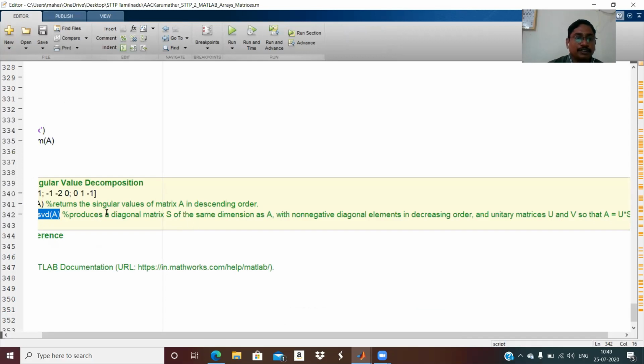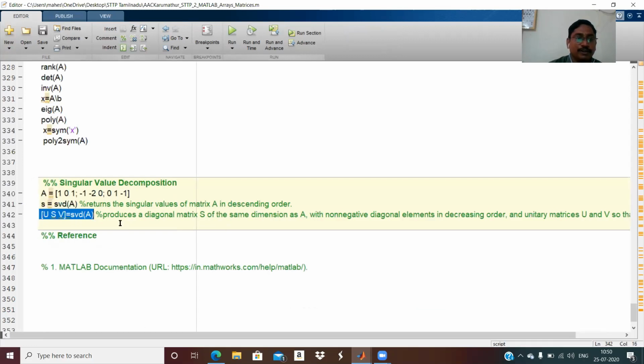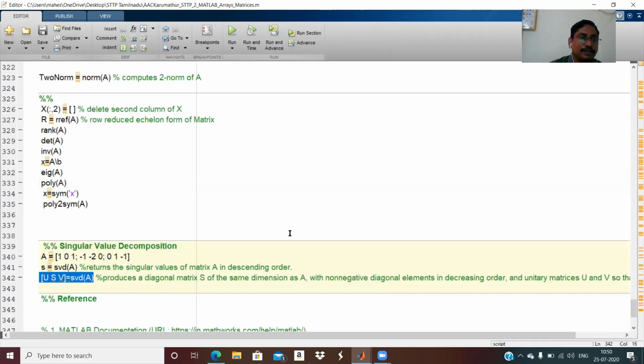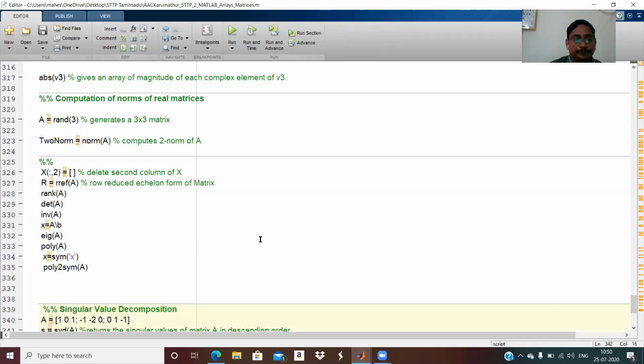Singular value decomposition is used in physics as well as in mathematics research of numerical linear algebra. One needs to decompose this matrix A into U S V, where U and V are unitary matrices and S is the diagonal matrix. One can find eigenvectors. You can search for how to find the eigenvector command.